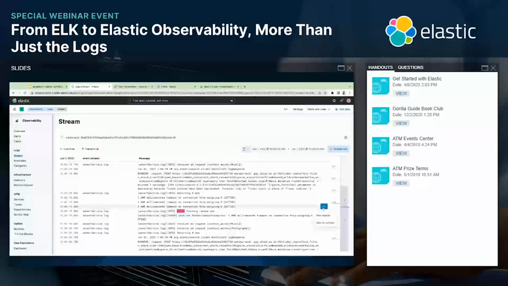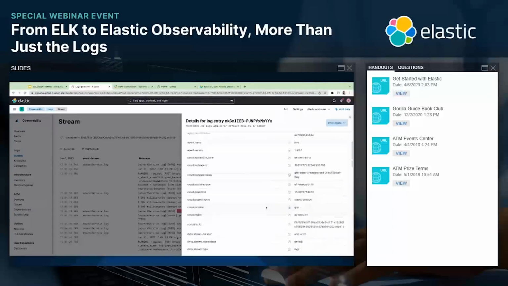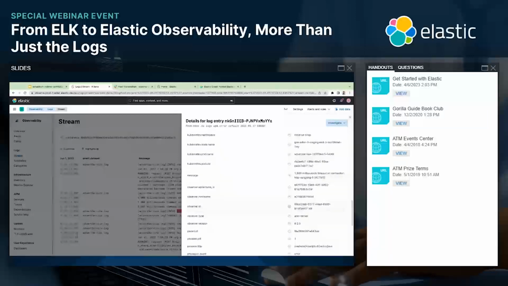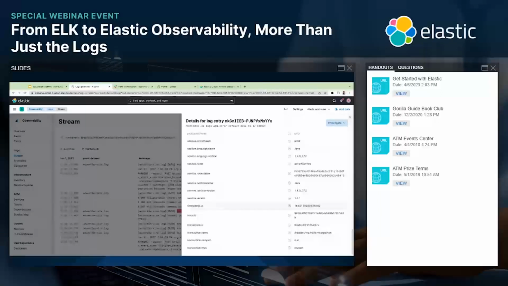We talked about early in the stage about how data gets enriched. So you can see some of the values here, right? You may have only a few fields in the log file, but Elastic can enrich them with a whole lot of information, like the cloud provider. All of this is our standard, what we call ECS fields, Elastic Common Schema fields. This allows you to get even richer insight by correlating information.